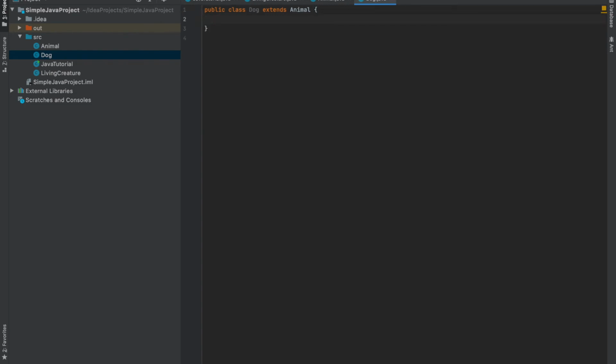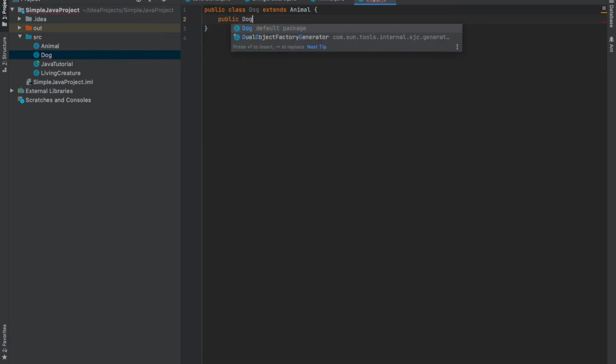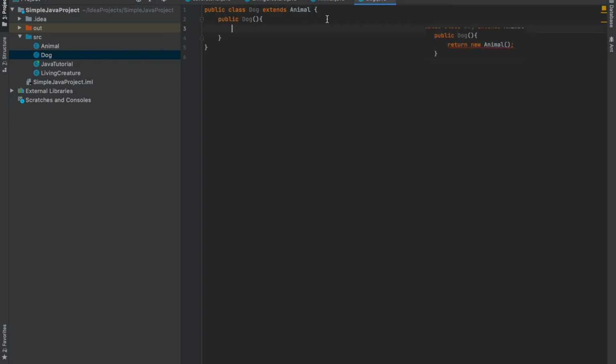Now for Dog, if I were to write a constructor, I can just say public Dog and take as many parameters as I want, but the return type is always Dog. I can't return Animal in Dog's constructor, but using a static factory method I can do that.